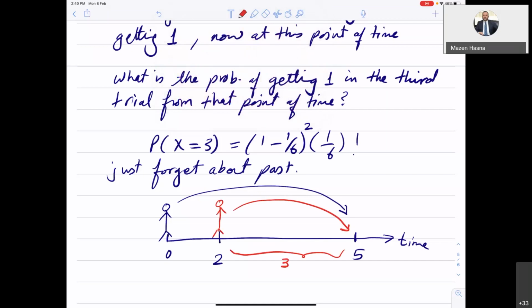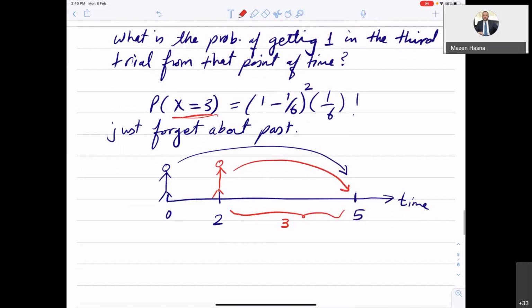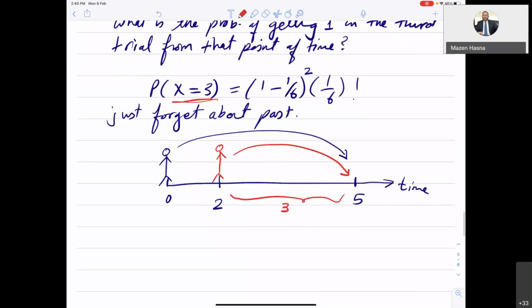Then this is given by probability of x equals 3. It has nothing to do with when did you start your experiment. So it is memoryless, and that's why we formally say that probability of x equals t1 plus t2